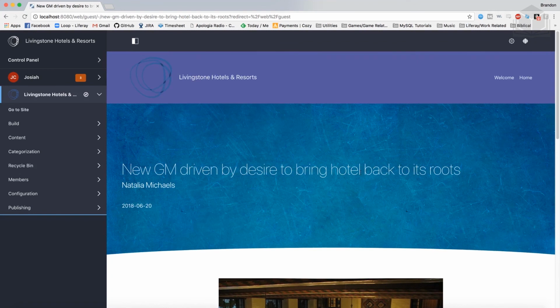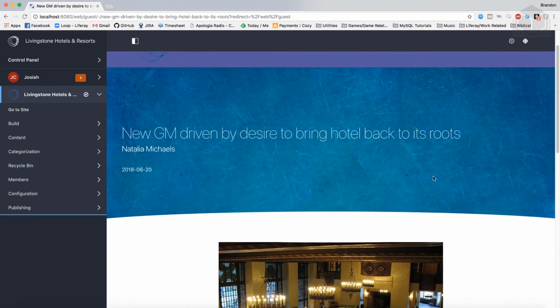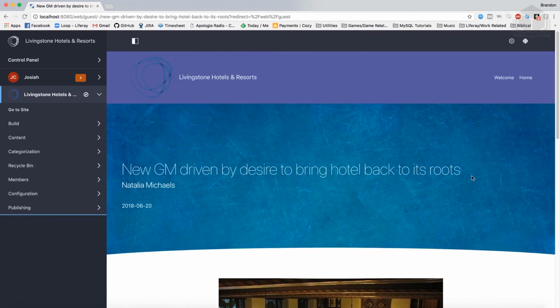a new fragment. All right, so this is a special content display page. And what we can see up top here is that this actually has what's called a canonical URL. So it knows how to get here because it has this dash and then the actual name or the ID of the web content title. So you can actually use these links as normal links for anywhere else on the platform. It's going to identify the article, and then it's going to identify the display page for that article and go